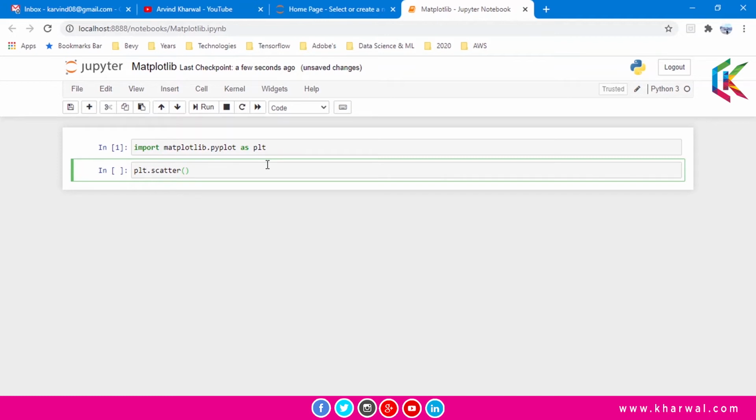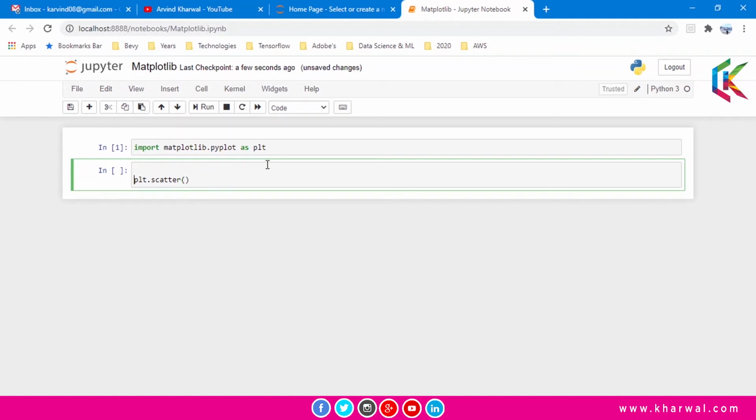It requires two main arguments, that is x-axis data and y-axis data. So I am taking input for these data. Let's create two lists here. The first list is for x-axis data.